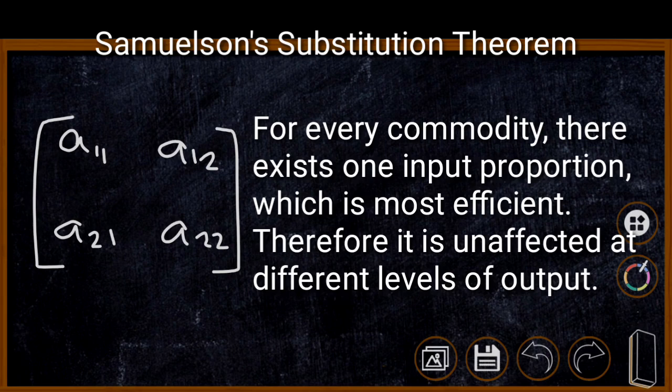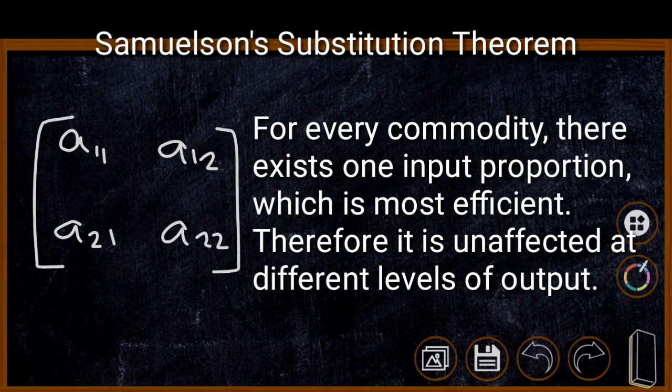For example, if capital and labor are the two inputs used, then there is a fixed capital labor ratio which will yield the maximum level of output. Therefore, that capital labor ratio can be treated as the most efficient